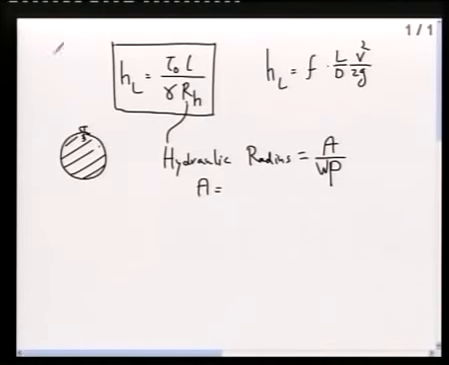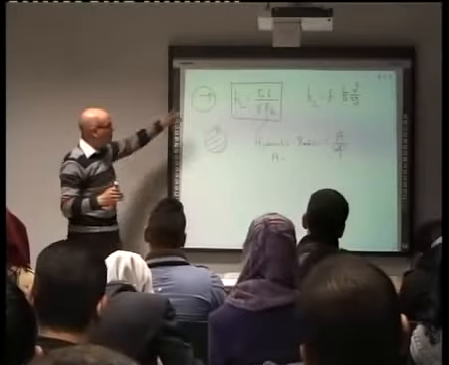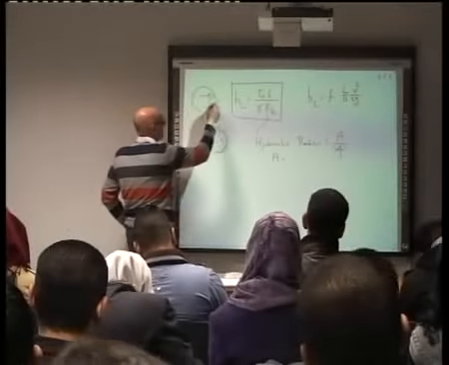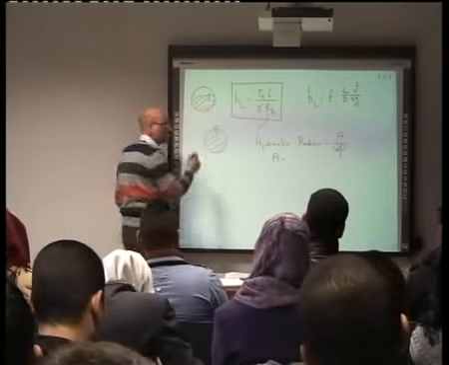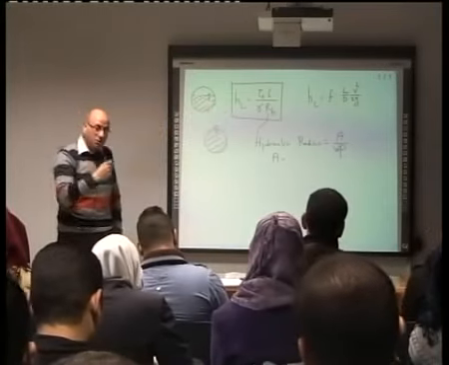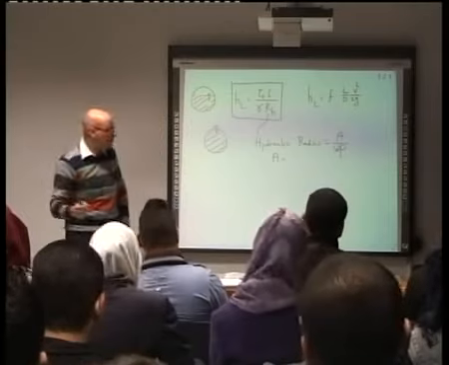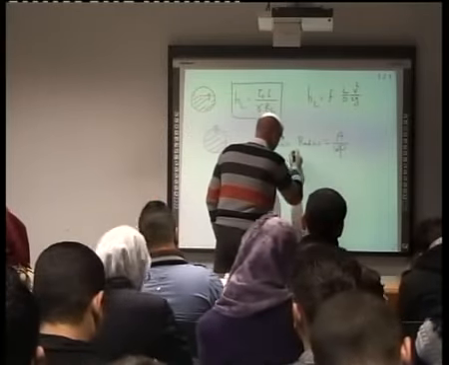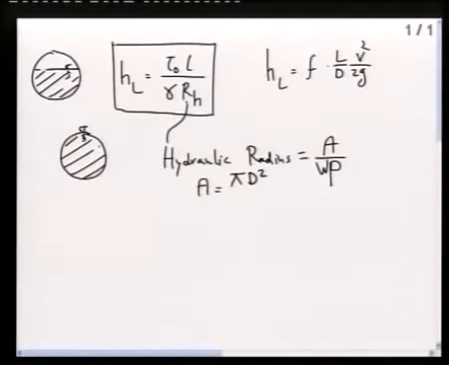For example, if the pipe is like this, and the level of the water in the pipe is like this, then this is the area. Then we are talking about the cross-sectional area of the flow. We are talking about this case, not this case. And the wetted perimeter,